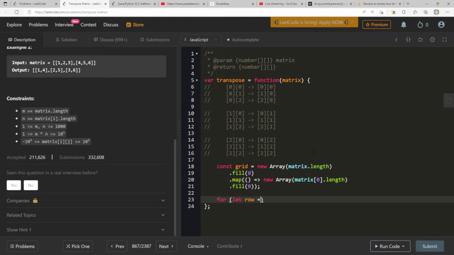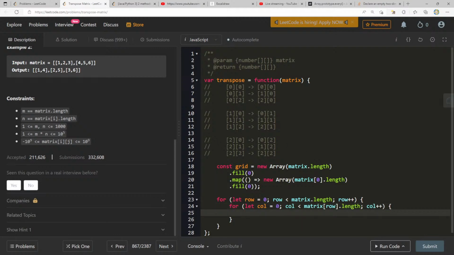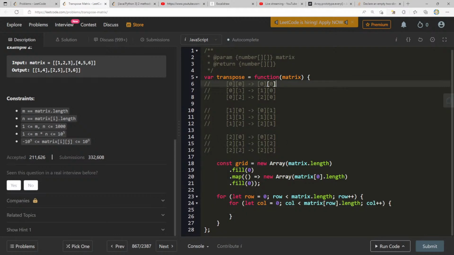We can say for let row equals 0, row less than matrix.length, row plus plus. For let column equals 0, column less than matrix[row].length, column plus plus. Now we have to look at the differences here, like 0, 0, 1, 0, 0, 1. Oh wait, it's just the exact same the other way, right?